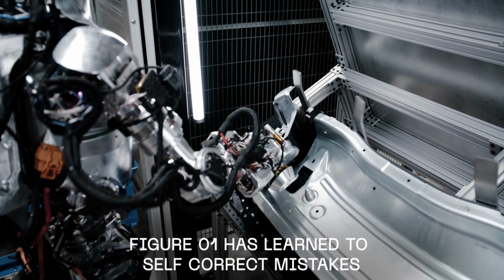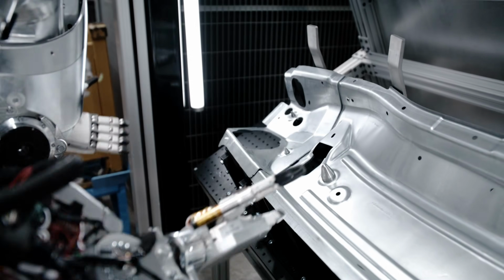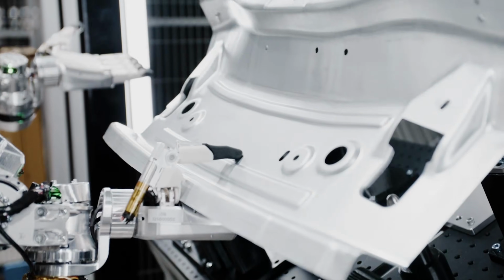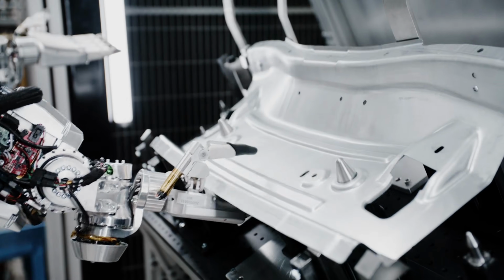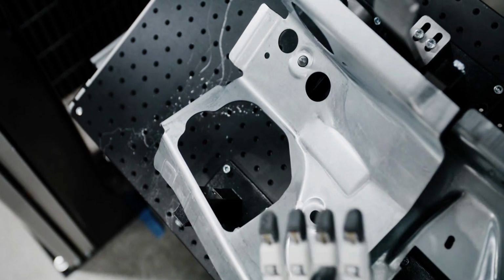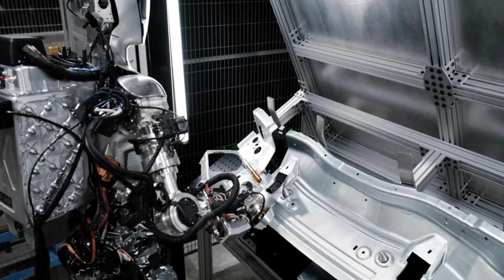It looks like the company clearly isn't speeding up its footage, and these kinds of motions will become faster and smoother with time. This may not seem like a huge advance from the company's first real-world work task demonstration from February. Both could be categorized as pick things up and put them down type tasks, so this update does feel more evolutionary than revolutionary. But the robot is definitely picking up much more complex and interesting shapes now, requiring more intricate grips. And it's not just placing a box on a conveyor belt, it's lining up complex parts to place